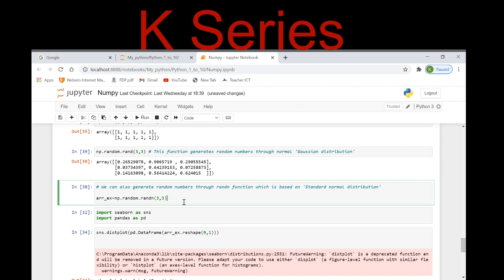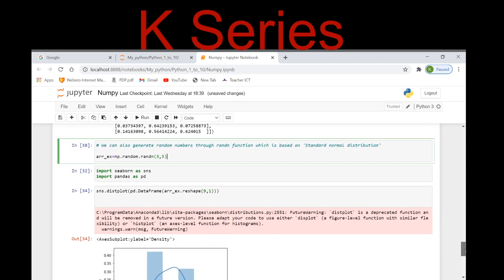As beginners, you must go through what exactly the Gaussian distribution is. You might have studied it in your previous classes also, but it is my humble request to all that you must go through the documentation also, right? So randn, randint, simple rand, all these are inbuilt functions of NumPy, which give us random numbers, right?